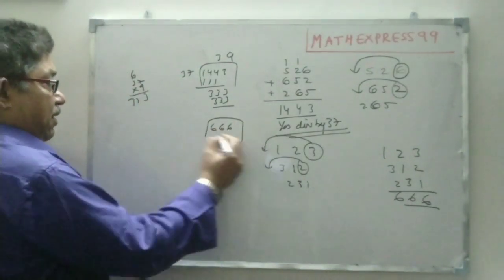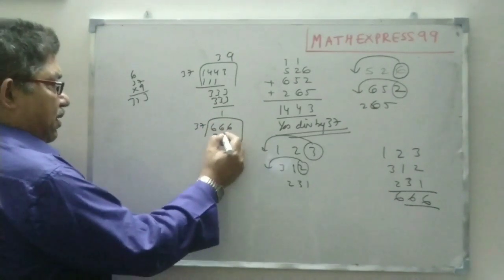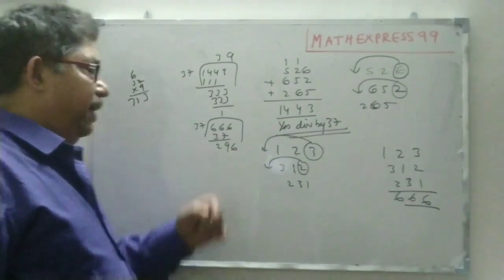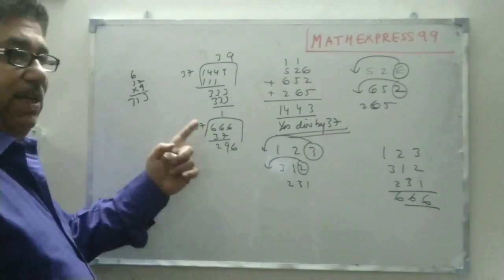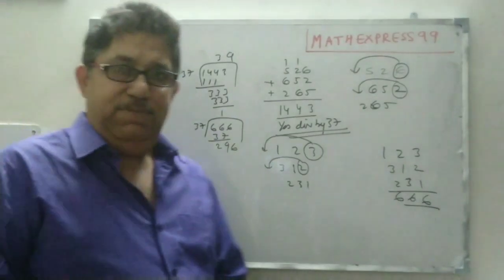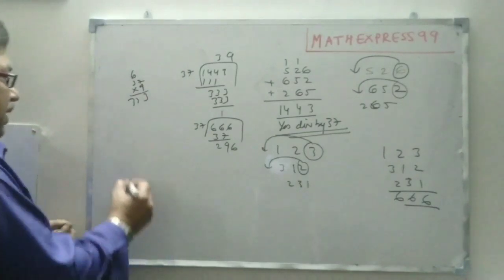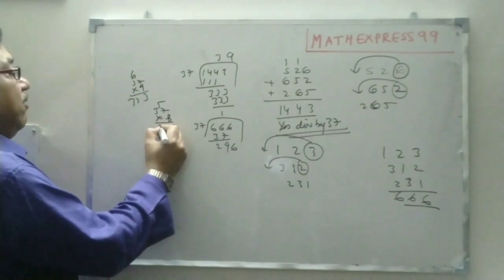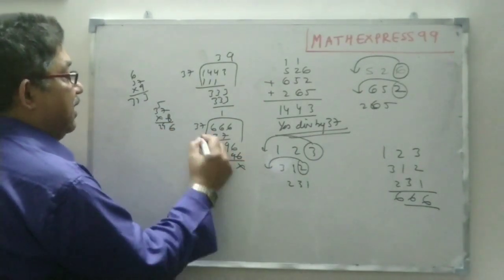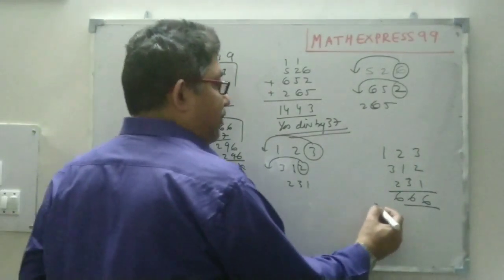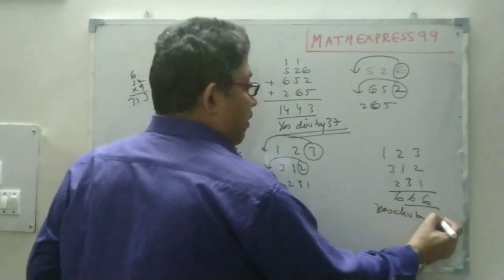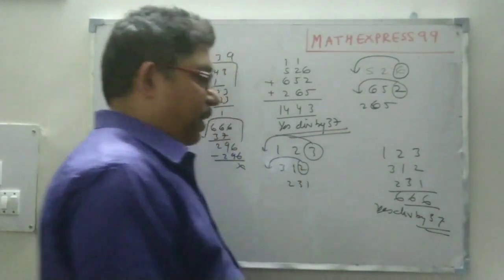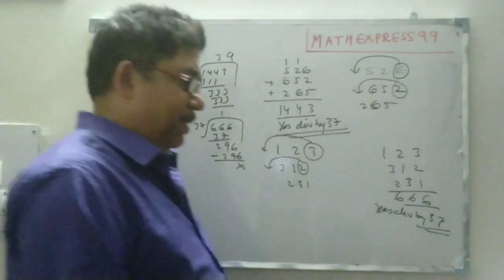666, 37 once 37. So 9, 296, in the end I am getting 6. Table of 7 and I am getting 6. 7 into 8 is 56. So must be 8 times if at all. So 37 into 8, 56, 8 3s are 24 and 5, 29, 296. Yes, it is. So yes, divisible by 37. So we will remember this is our rule number 4. 3 rules are already there with us. This is our rule number 4.